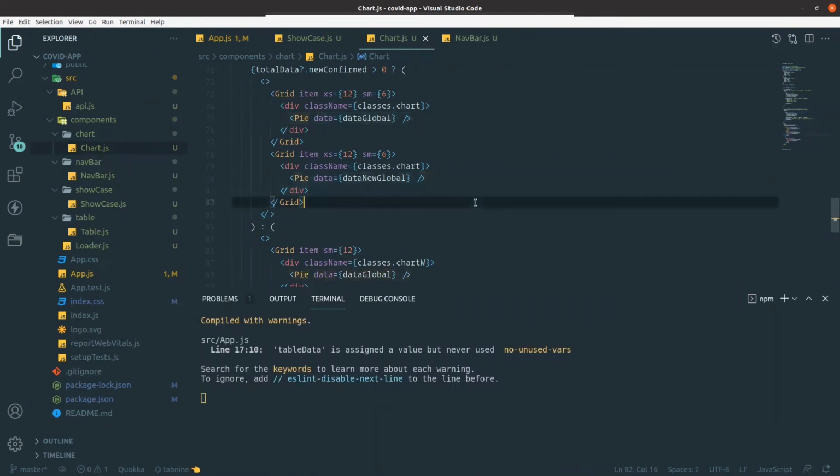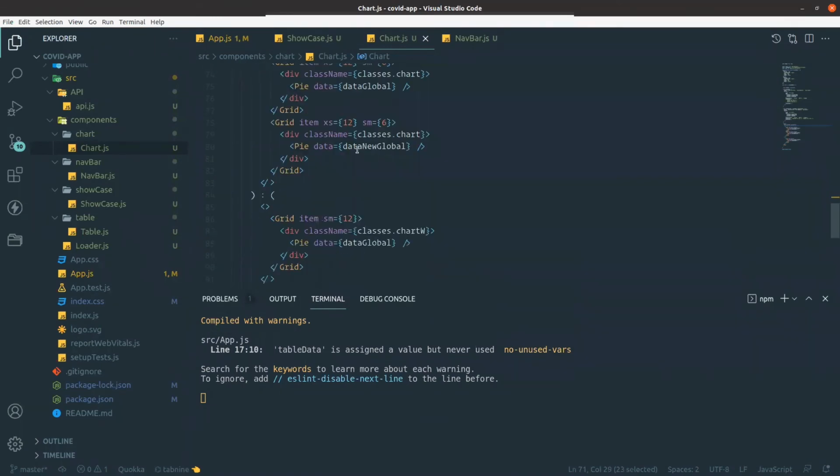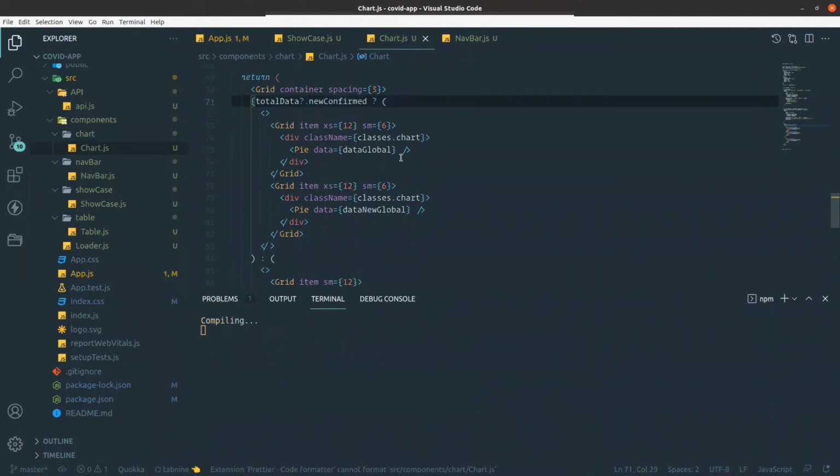So you can see first one is pie chart for data global and second is new. First you can see I'm adding one logic. If the total data dot new confirmed is greater than 0, then both pie charts will be shown. If that new confirmed is not there, then I need to show only the total data, the total confirmed.